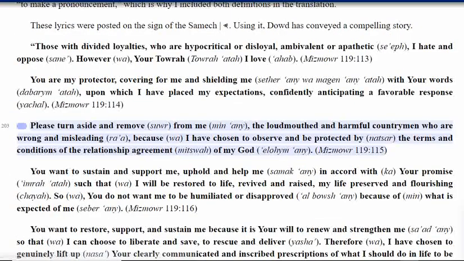119-114. Please turn aside and remove, from me, min any, the loud-mouthed and harmful countrymen who are wrong and misleading, because I have chosen to observe and be protected by, Nazar, the terms and conditions of the relationship agreement, mitzvah, of my God, Elohim any. Mizmowr